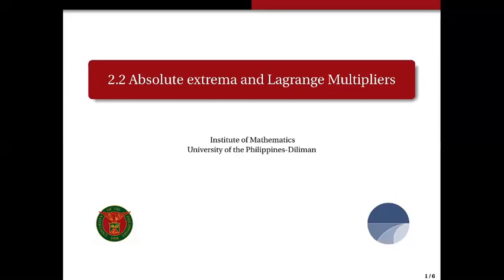So for this session, we'll be doing section 2.2, which discusses absolute extrema and also the method of Lagrange multipliers. So in the previous discussion, our last example, we did one example